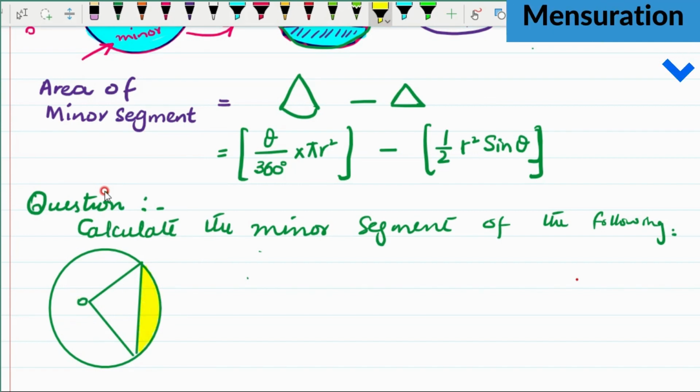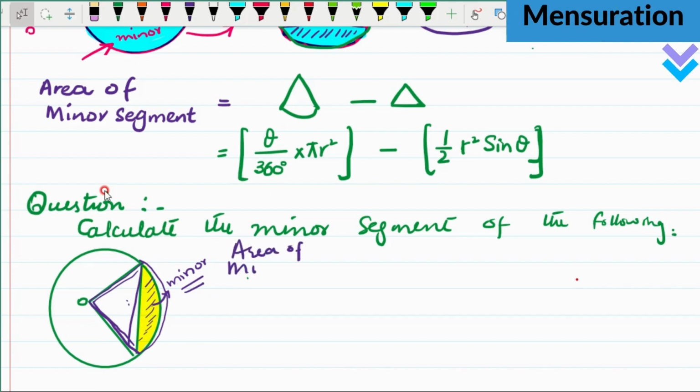How can we calculate this shaded region? That region is basically a minor segment, right? So we can find the area of this pizza slice, and then we will find the area of this triangle, and once we subtract them we can get the shaded area, the remaining area. That remaining area will be the minor segment. So let's take a start. Area of minor segment will be, you can say that,